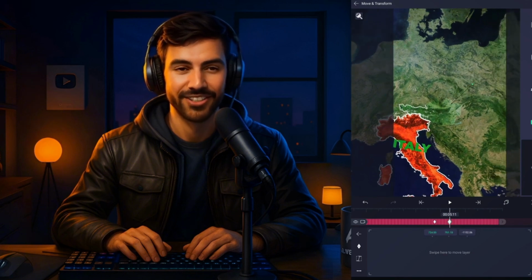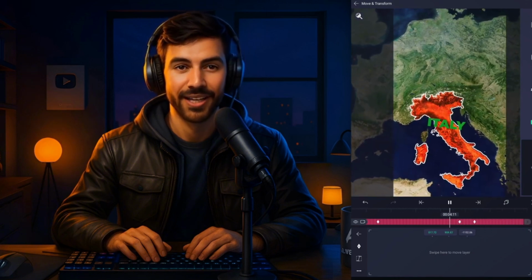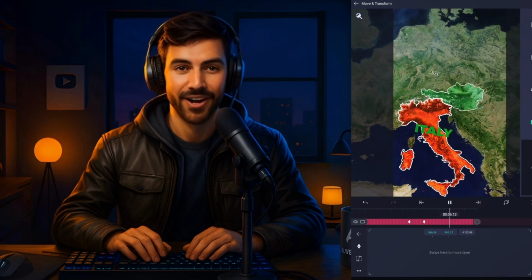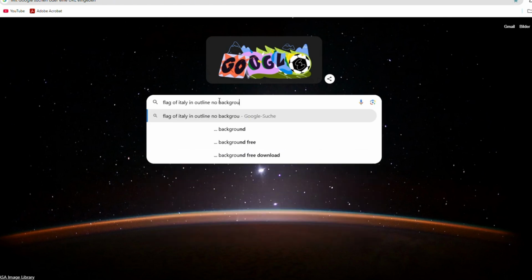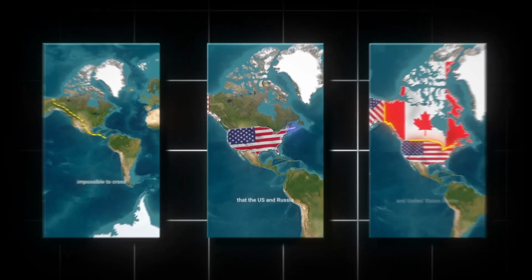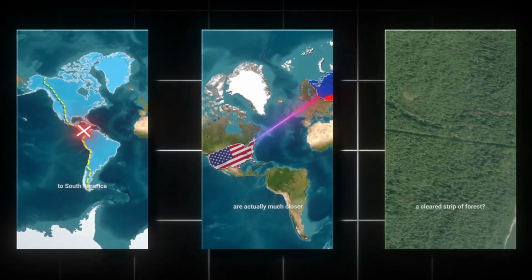It's just a few clicks to create an animation of a country using this tool, and you can play around with this however you want. If you want the color of Italy to be flag, just look for Italy country outline flag and use that as your overlay. Or like in the viral videos, you can put in other icons or emojis by clicking the plus icon on the app. Everything you add makes the video more engaging and will help with your views.